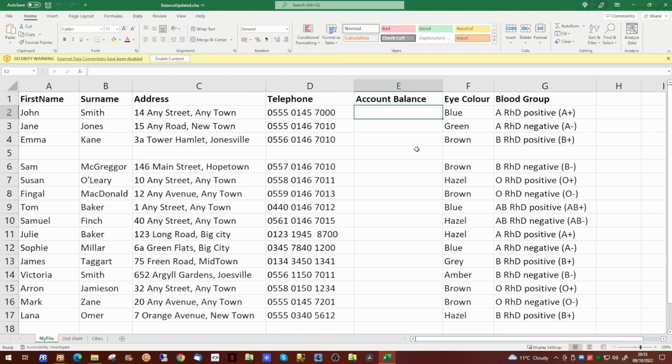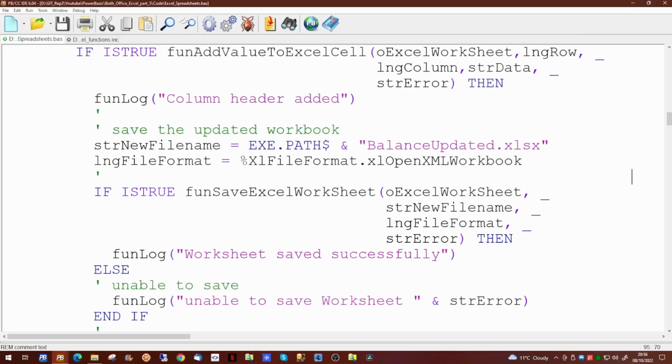There are a number of ways of actually doing that. We could just call the function we've just used to put the data in the header line. But rather than doing that, we're going to make an attempt to use the clipboard. Since the clipboard is common to both the Power Basic application and Excel itself, we can populate the clipboard from inside Power Basic and then use one of the Excel functions to paste it in for us. This gives us an easy way for populating ranges within Excel.